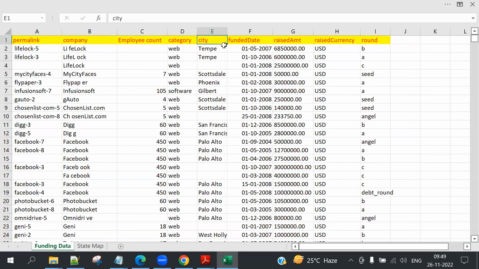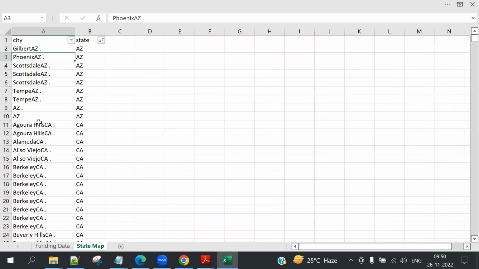A business can happen in the same city multiple times, with multiple records and multiple cities. But in the state map table, city is always unique. Common sense, no one will tell you. One to many means you need to understand that this table is primary and this table is child. Got clarity? We'll see one by one. A little confusion will be there, but try to understand. In case an interviewer asks you to explain a complex scenario, then you will be in a position to answer this.